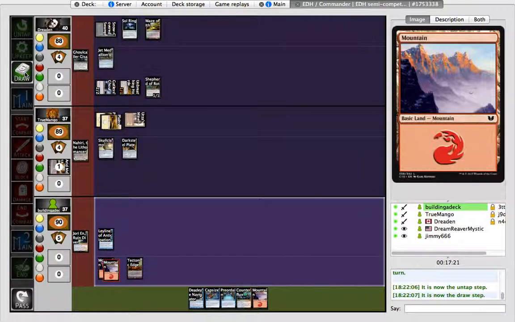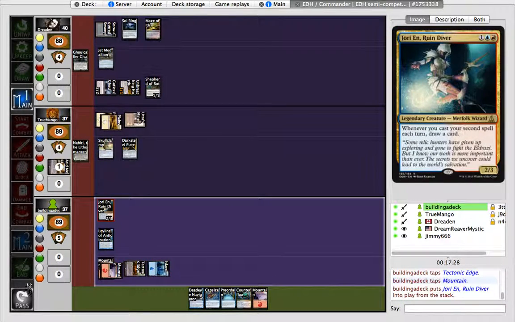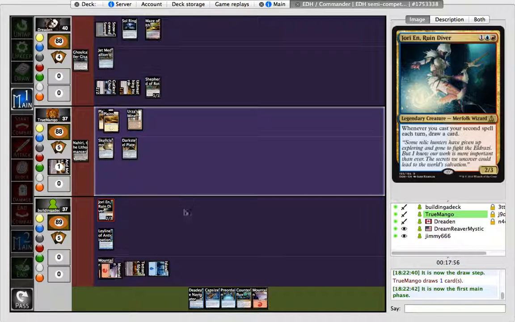Okay, so... Hey! An island, so we're going to play out Jori En here and pass turn to my Nahiri brethren. So this puts us back in the game a little bit. It just took a while for us to get there, but at this point, we can start casting Preordain and all that good stuff. If I'm lucky, I'll draw into an island and then Preordain into another cantrip, and then I can really get